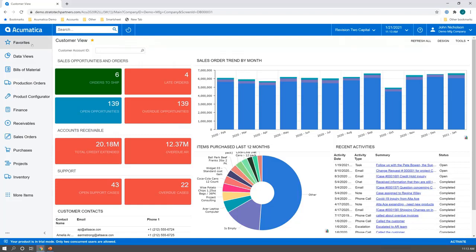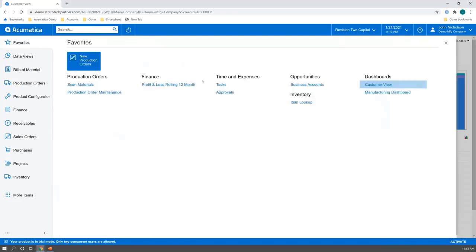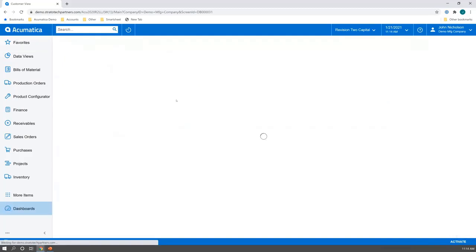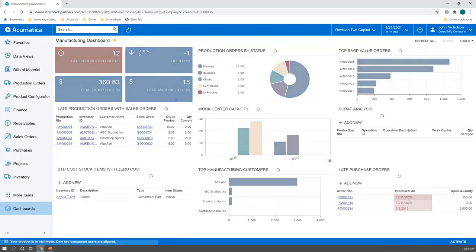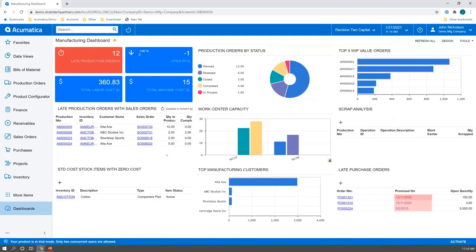One of the things I oftentimes do is use the favorites, and I might have several roles in the organization. One of those is more oriented around manufacturing key performance indicators, and so I might want to bring up the manufacturing dashboard. Again, we have about 5 or 6 specific manufacturing dashboards. So whether you're focused on engineering or production management, this is an overall aggregation of reporting. And some of the things that Art's going to do with optimization will be to drill into some of these key items and take a look at them,